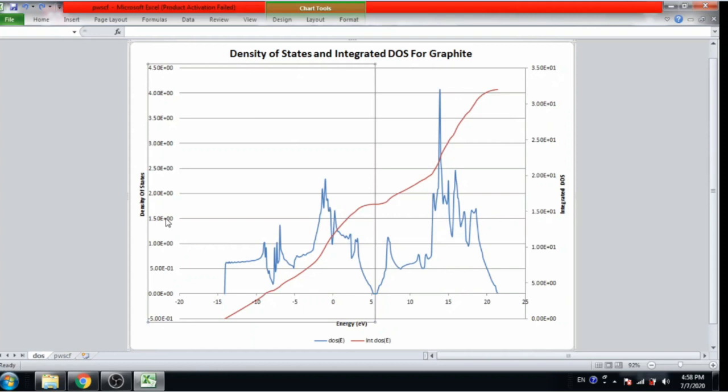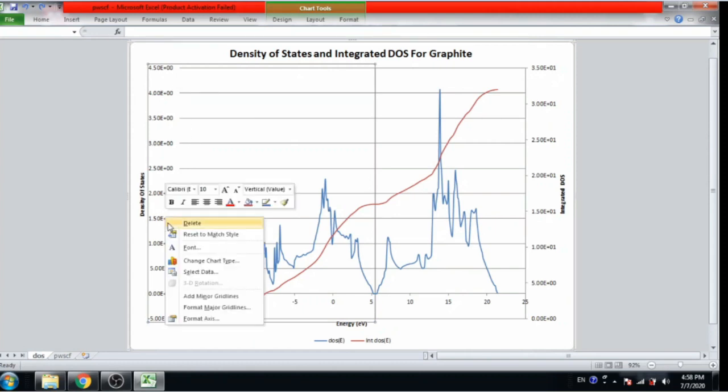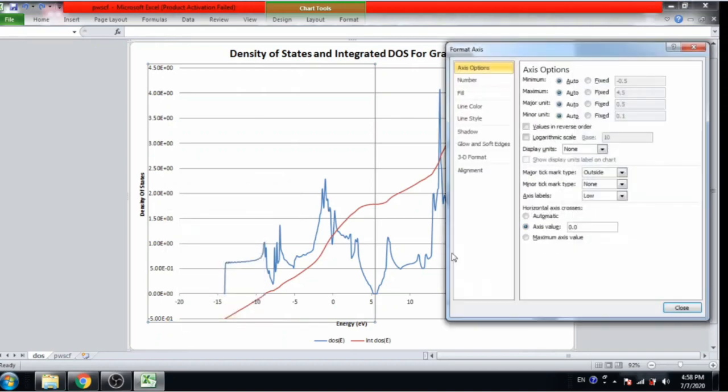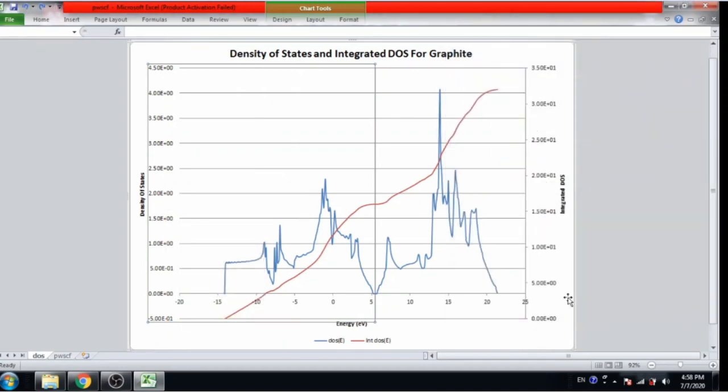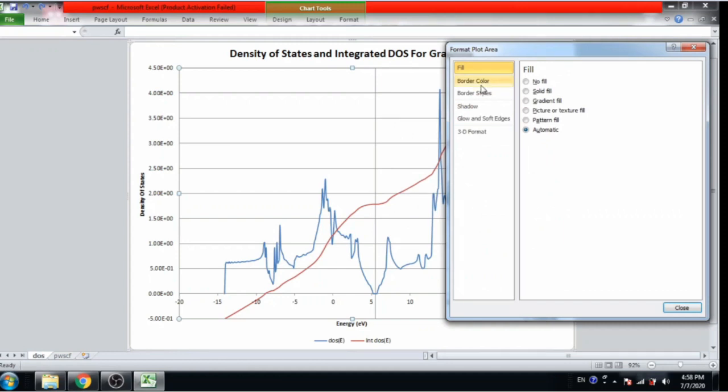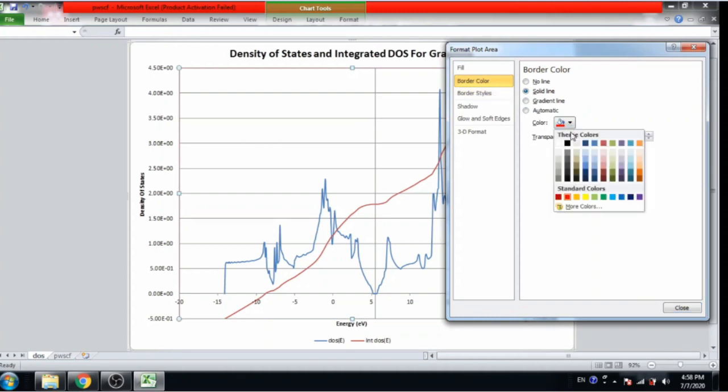Now I want to border this plot area, so choose the total plot area, then right click, format plot area, and border: solid line and choose black color.